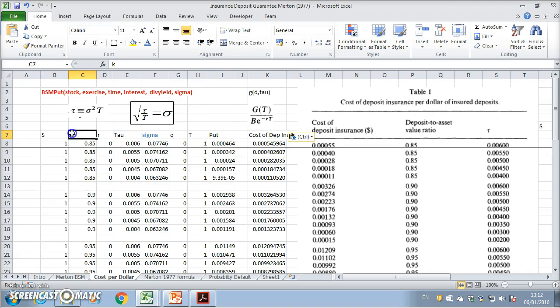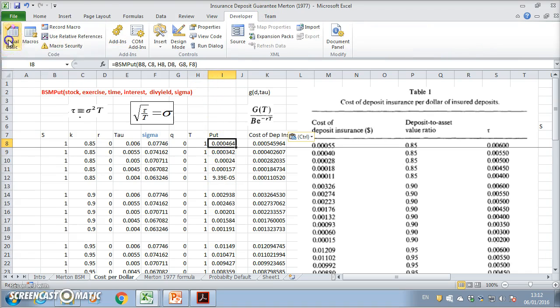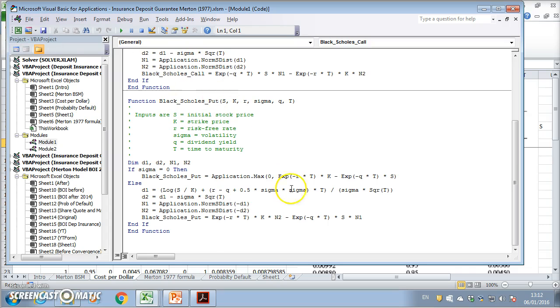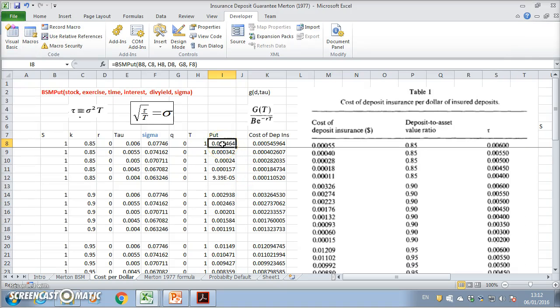If we know S, K, R, sigma, Q, T, estimate the value of the put using a Black-Scholes put framework set out here in VBA. And then once we've estimated the value of that put using those parameter inputs, estimate the value of the guarantee. So if you like, the put here is equivalent to GT,